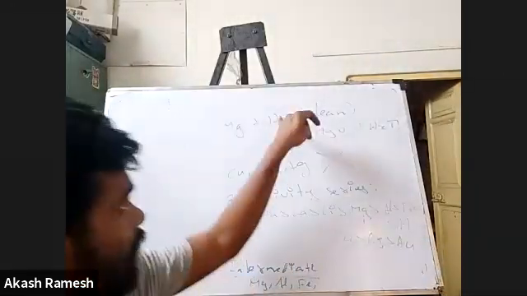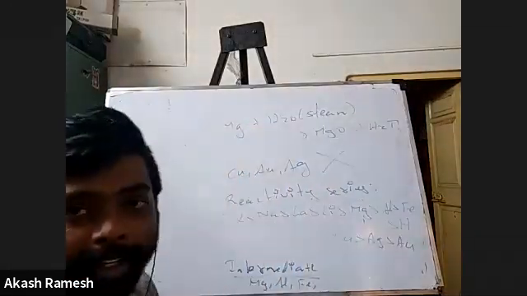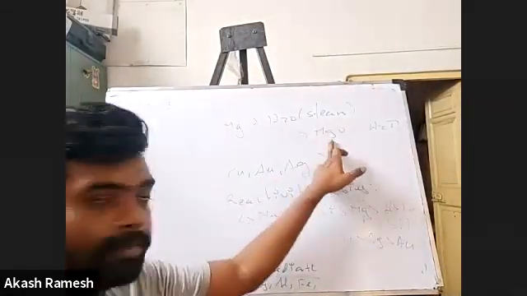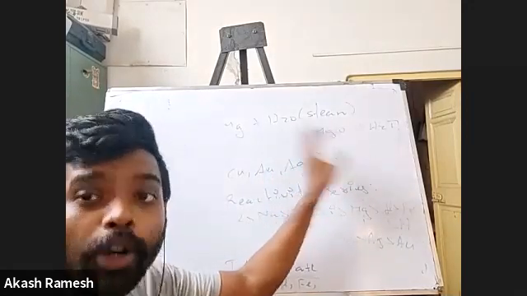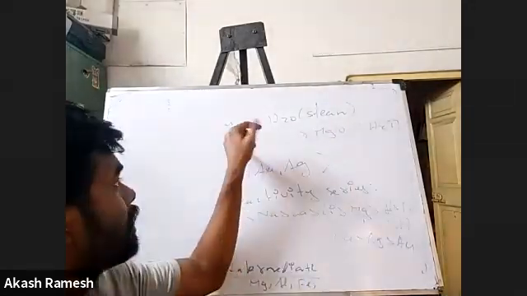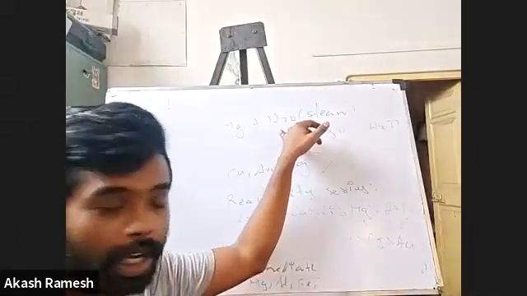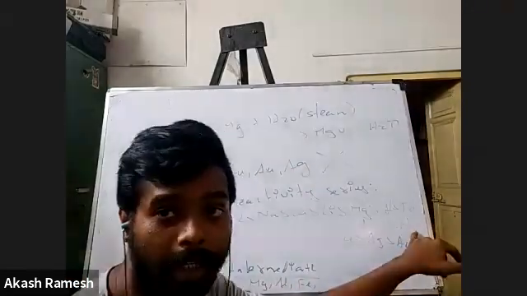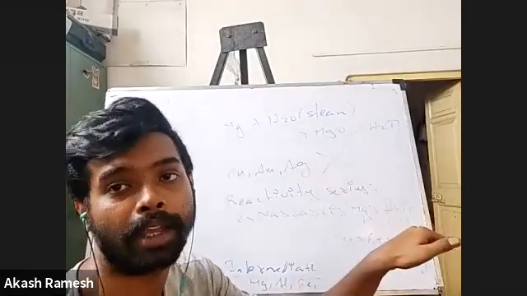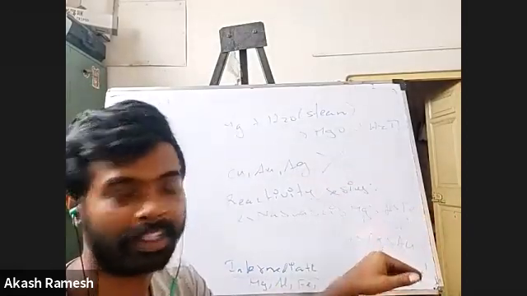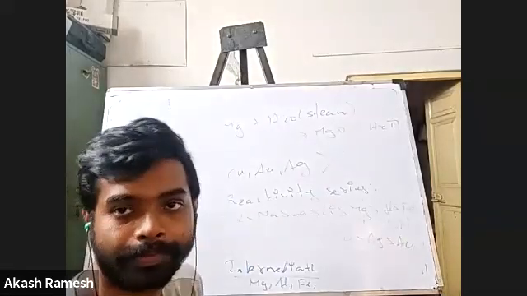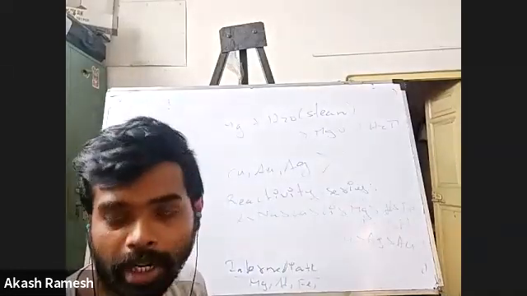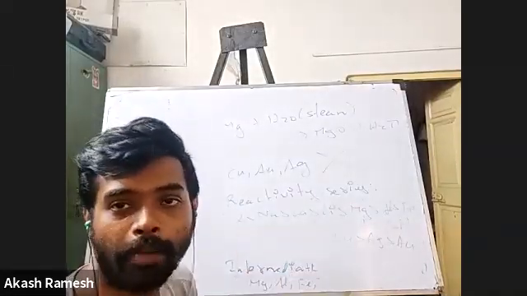So what you have to understand is, here basically you see it is hydrogen oxide, is it not? So you are trying to replace this hydrogen with a metal here, correct? So this reaction will happen only and only if the metal is more reactive than hydrogen, is it not? But if you use copper, gold or silver, they are less reactive than hydrogen, so they will not be able to replace hydrogen from water, right? That is why they don't react with water. And this is the same reason why these metals won't react with acids also. Acid also contains H+, isn't it? So they will not be able to react with acids.